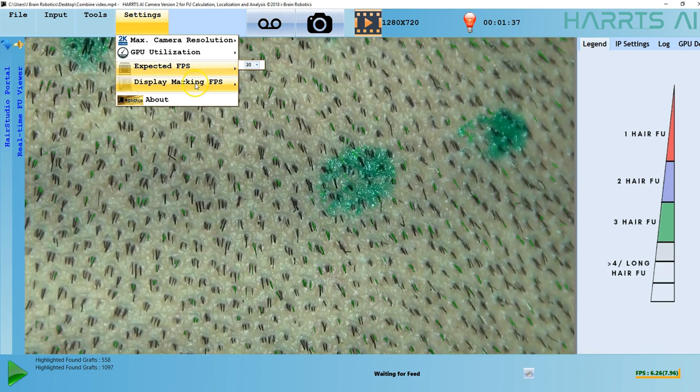Now, the display marking FPS is currently at 5. I can make it even 2. What happens if I do it at 2 is I will see this color coding less frequently, and this will give you more real-time nature. It won't be like stopping the video or stopping the real-time playback, but you won't see this green